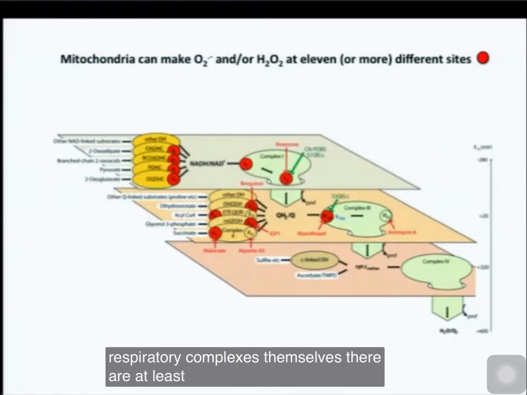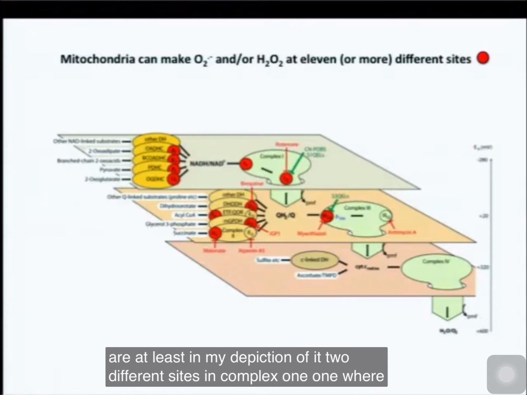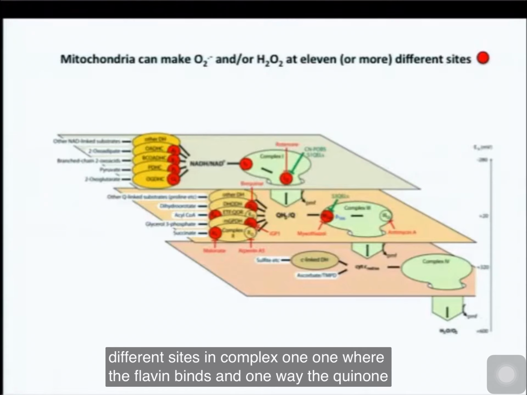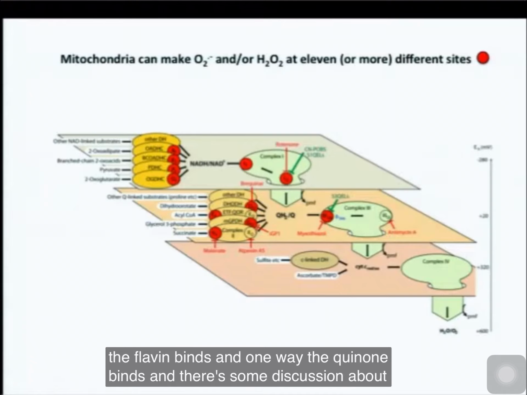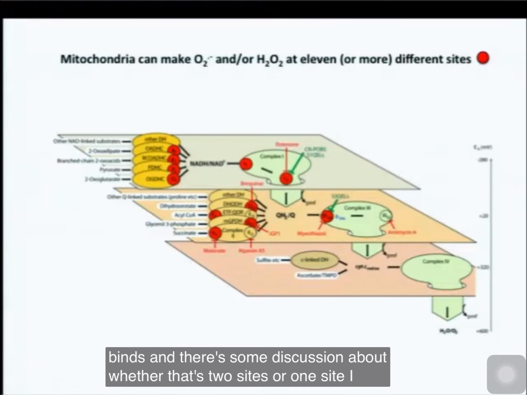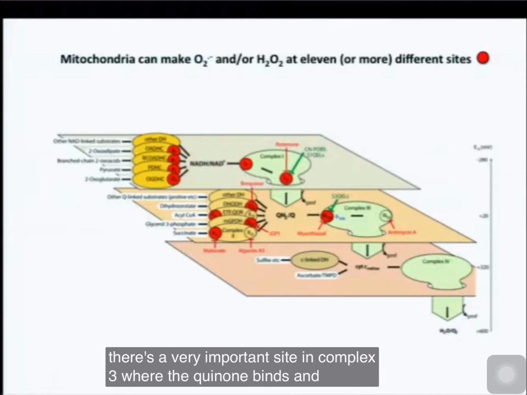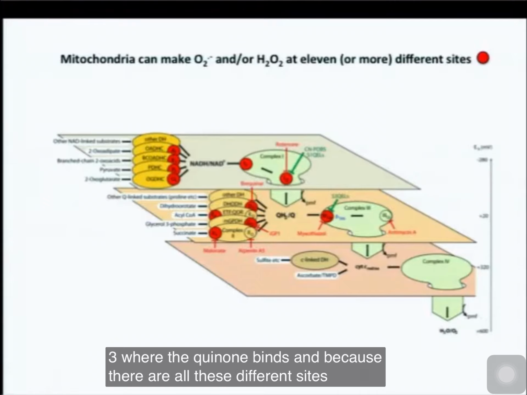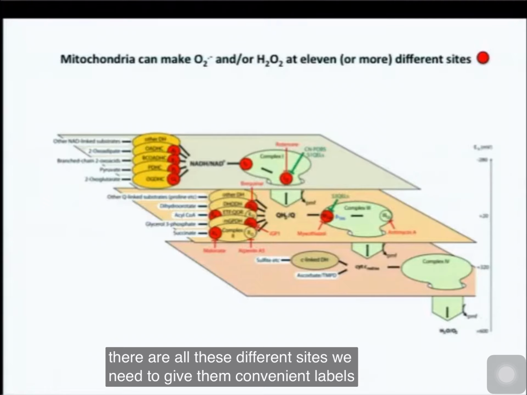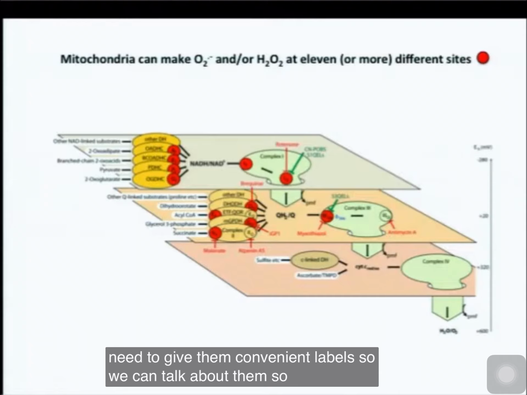There are, at least in my depiction of it, 2 different sites in complex 1, one where the flavin binds and one where the quinone binds. And there's some discussion about whether that's 2 sites or 1 site. I think it's 2 different sites. And there's a very important site in complex 3 where the quinone binds. And because there are all these different sites, we need to give them convenient labels so we can talk about them. So I give them